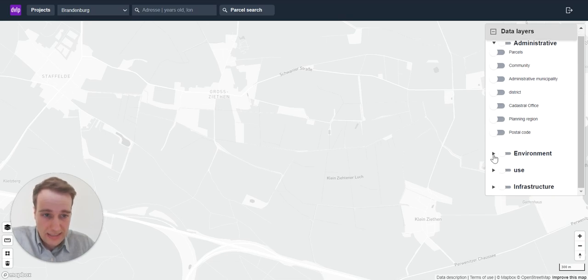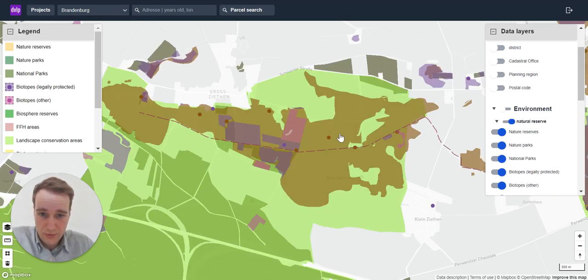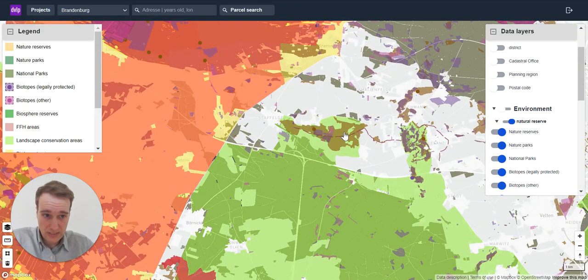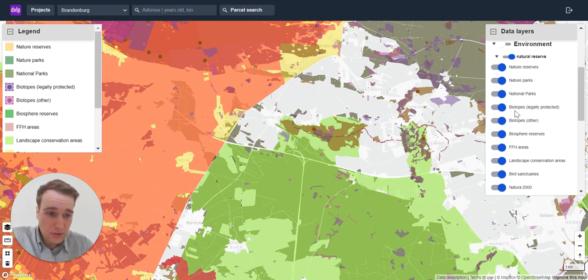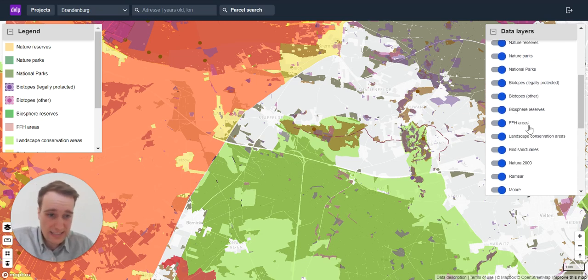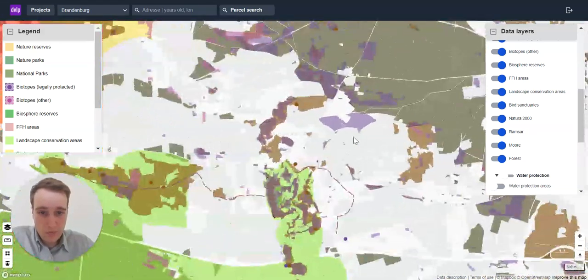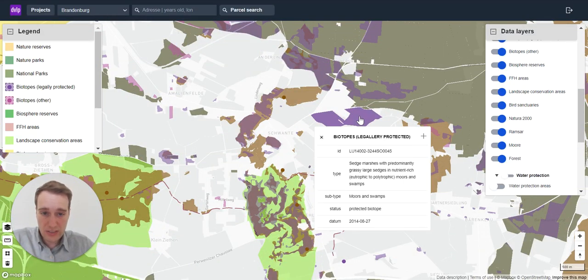Furthermore, you will see data linked to environment. Here, of course, first and foremost, you can access all relevant nature reserves, such as nature protected reserves, nature parks, national parks, biotopes, biosphere reserves, landscape protection, bird protection areas, and so on. With the data, we provide very detailed attributes, for instance, around the protection status of a nature protection site and